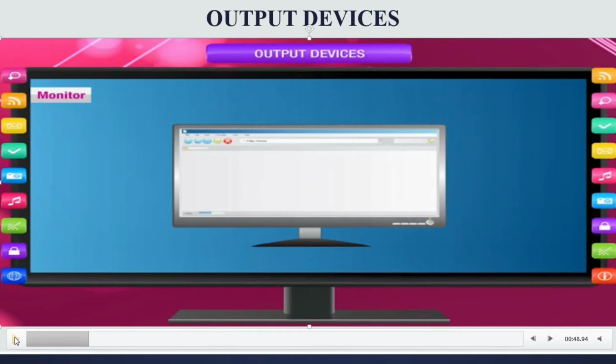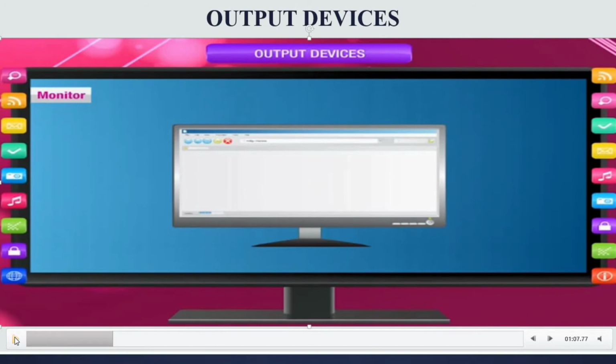So now let's take the first output device. This is a monitor, and the monitor is an output device. It can display both text and pictures on it, right? Whatever you are typing using the keyboard, you can see on the monitor.